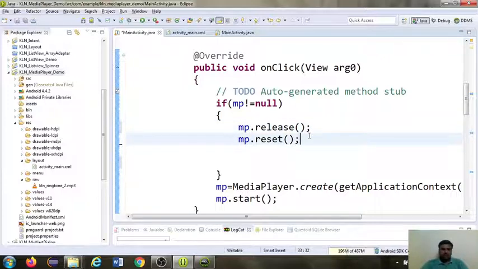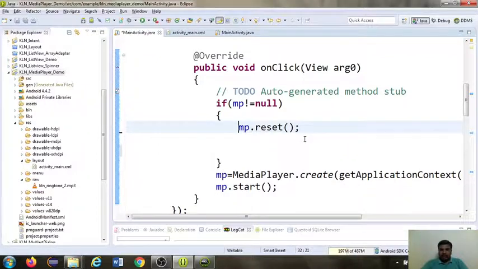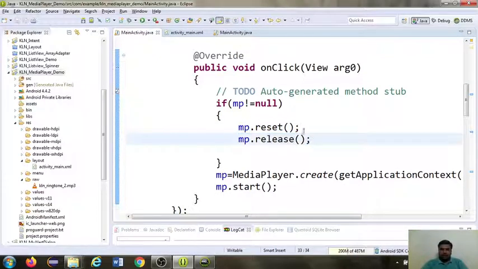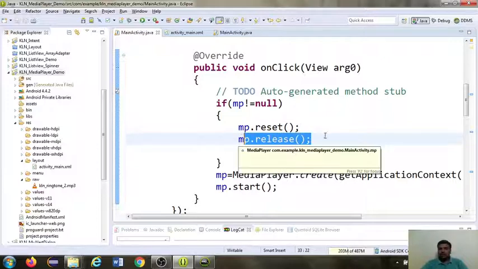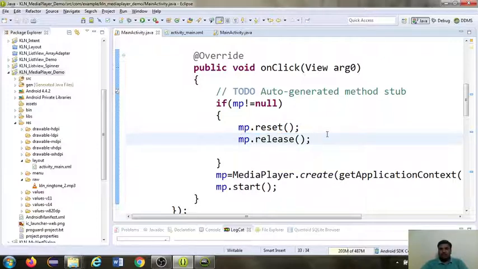This is the reason we received a debugging error at the time of execution. I resolved it by simply swapping them. First of all, you have to reset the MP object using the reset method. Then only you have to release the resources stored in your MP object. So this is the way you can resolve that runtime error, right?